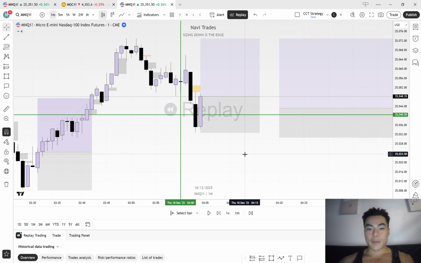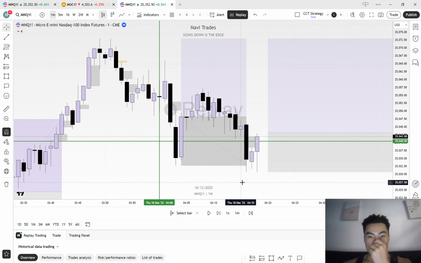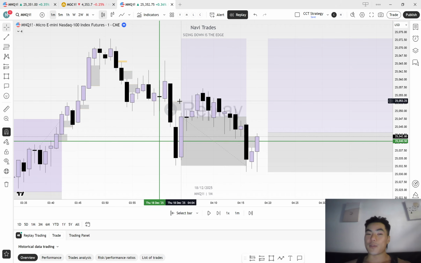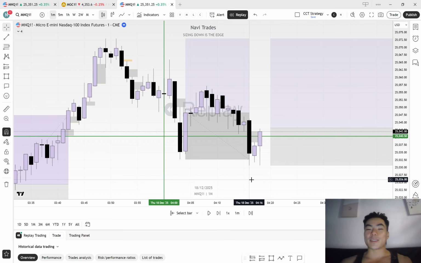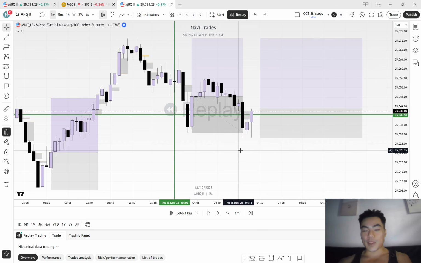Oh. Pretty sure we get stopped out. Yeah, so that happens. Maybe a safer entry could have been to wait for this inverse fair value gap, but this is just how I'm trading it. But this is actually very common. There will be multiple times where price might give you an entry at a POI, you get stopped out, and then the second or maybe even the third entry will give you that successful trade. So as we'll see here, we get stopped out,